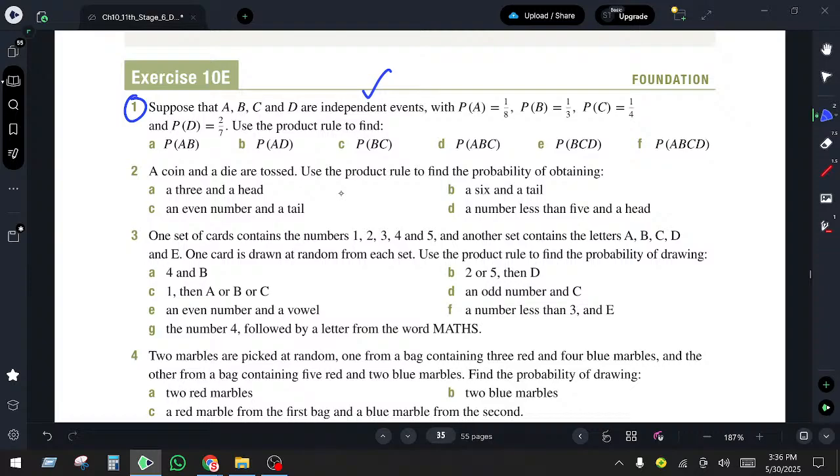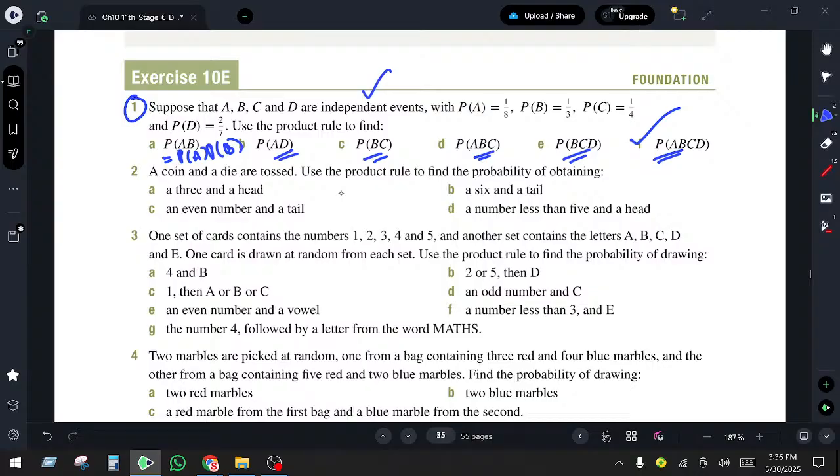Okay, here 1 over 8, 1 over 3, 1 over 4, 2 over 7. So you have to do product, it is product of ABC. And this is product of A into product of B. ये सबके सब इंडिपेंडेंट हैं, इसका भी ऐसे, सबको अपना अपना प्रोडक्ट करना है, एक दूसरे से कोई लेना देना नहीं है, बिकॉज इंडिपेंडेंट खुद ही बोला।